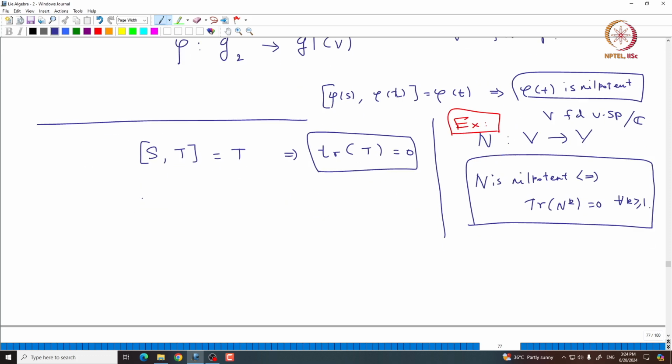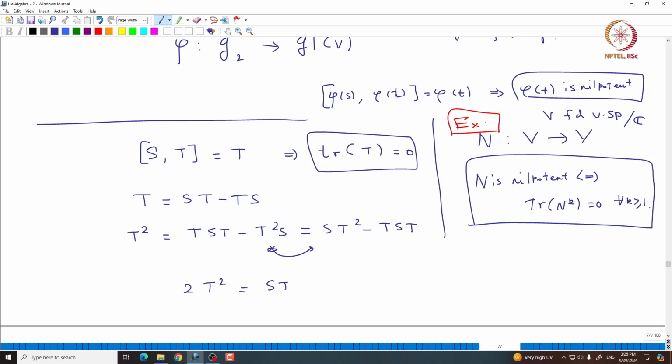So, here is the simple computation. T is actually given by st minus ts. Now, t square will be t st minus st minus ts. So, t square is tst minus t square s, which is also the same as st square minus tst. Now if you add these two, you get 2t square, which is exactly st square minus t square s, which is nothing but the commutator between s and t square, and this forces that trace of t